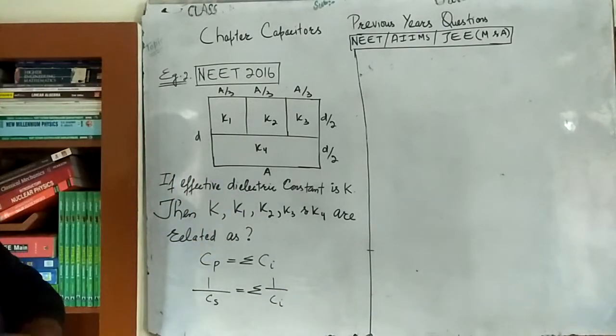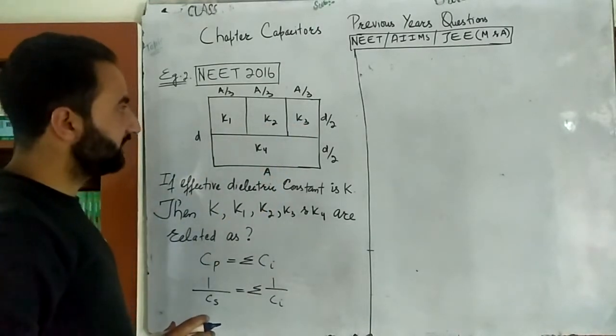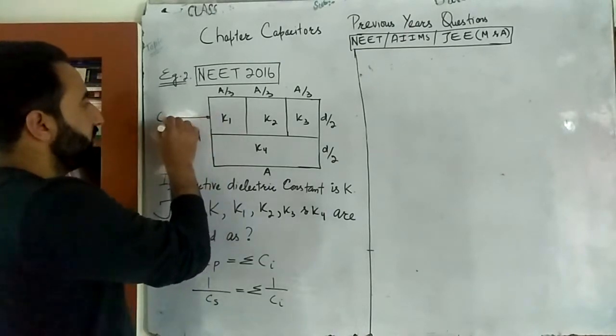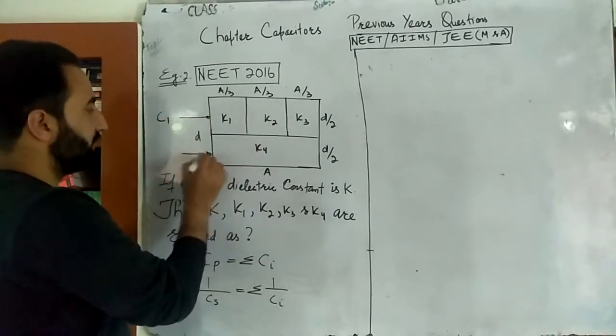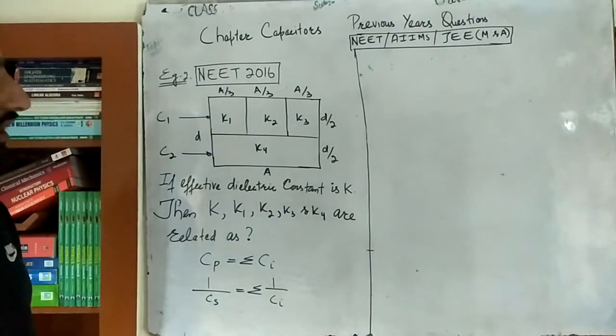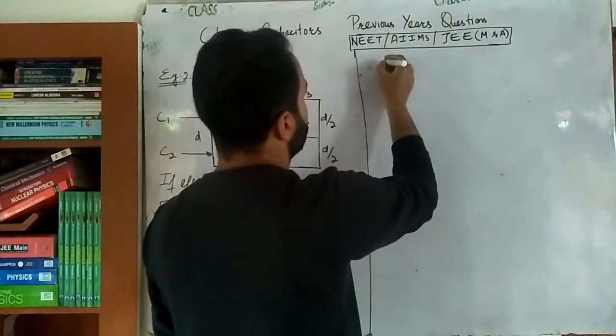Okay, so first of all, these ones are connected in parallel again, isn't it? Then connected in series with this. That means I will calculate this C1, which will be the summation of the capacitances. Then I will calculate C2, and then I will use the series formula to calculate the equivalent capacitance. Right? So first of all, let's write down C1 here. So I will start with the C1.